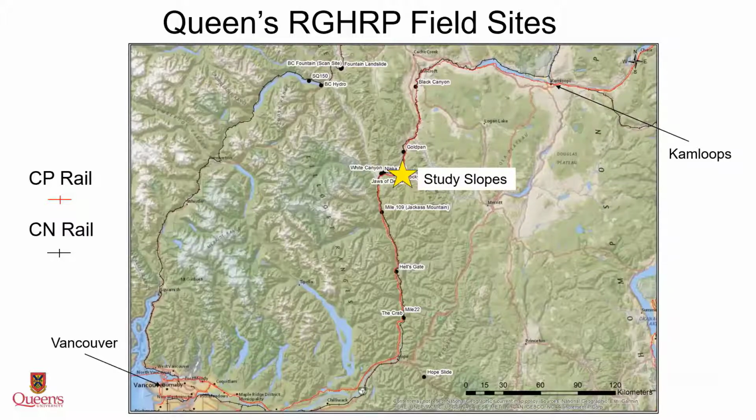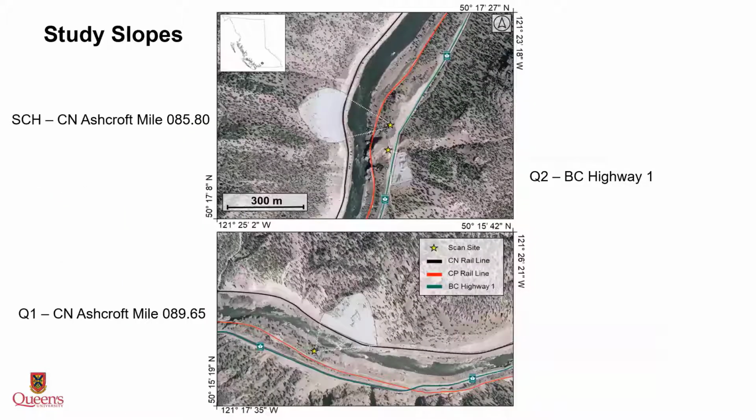All of our study sites are just northeast of Lytton, British Columbia, at the confluence of the Thompson and Fraser rivers, with a section of linear infrastructure at the base of each of the 3 slopes. So the first study site is Sandy Cobble Hill. It is located at CN Ashcroft 85.8, as you can see right here. And another site, just slightly higher in the stratigraphy with the BC Highway 1 at the base of the slope, is the Q2 site. And then a little bit closer to Lytton is the Q1 site, which corresponds to CN Ashcroft